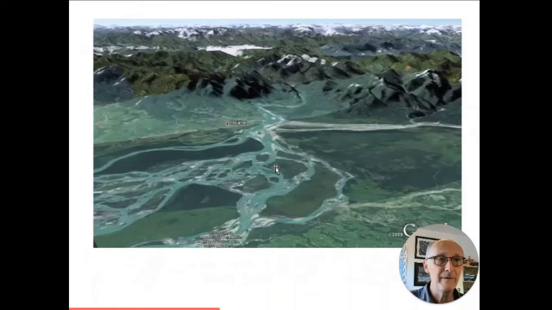Let's look at that in 3 dimensions. So we just tilted the Google Earth view, and here again you can see the river coming through the mountains, down onto the flat ground below, and here spreading across the whole of the image more or less, and then another smaller one here from a different stream coming out from the mountains, you can see these fans of material, of alluvial material being transported and then deposited by the rivers in this fan shape at the edge of the